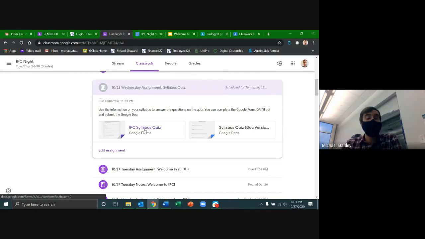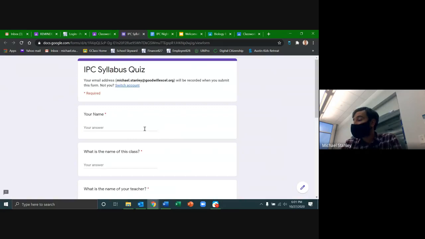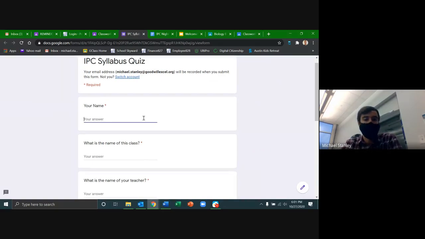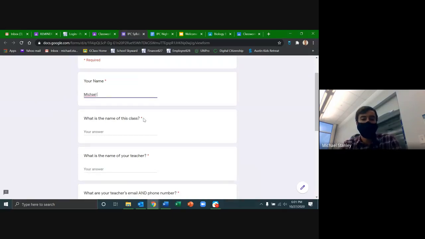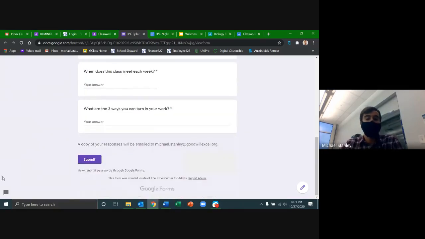Last term, what a lot of people really liked using was the Google Form version, which looks like this and is very easily accessible on both your computer or your phone, if that's what you use. So you just go through and answer the different questions, and then hit this submit button at the end.